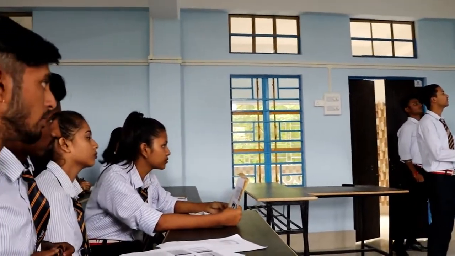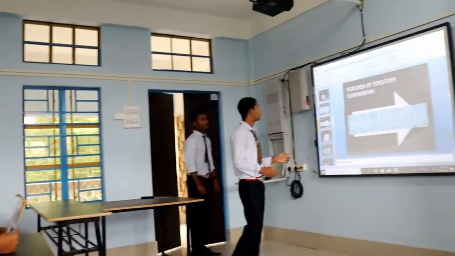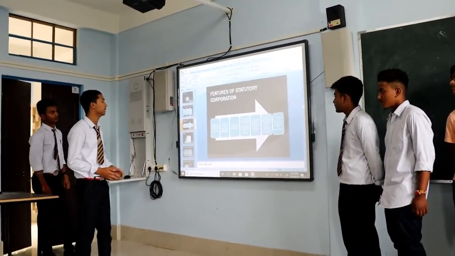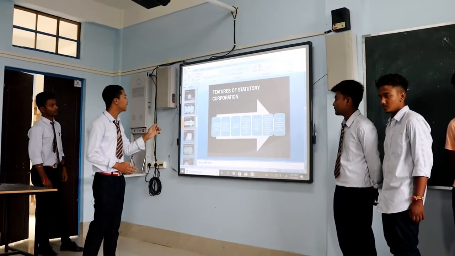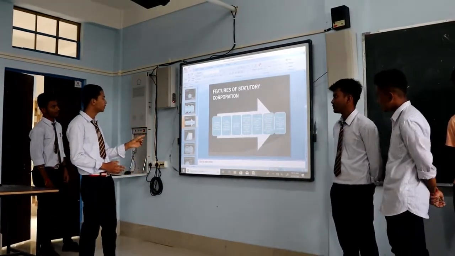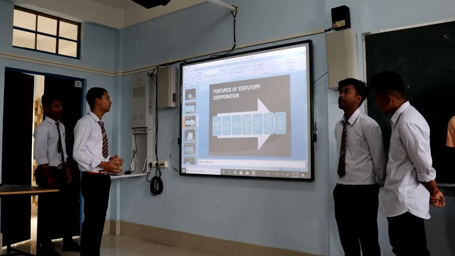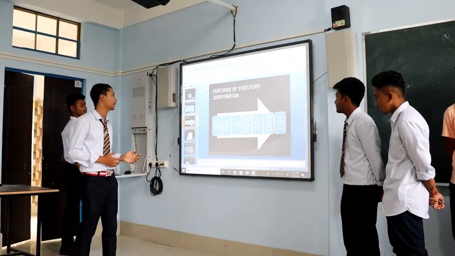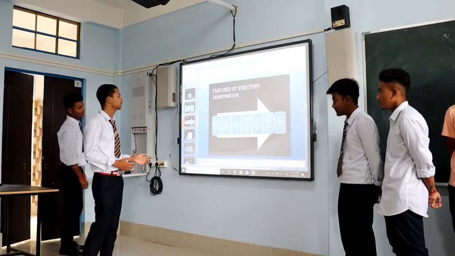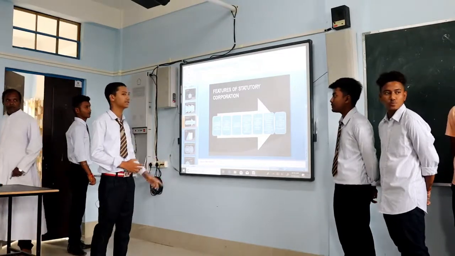So here are the features of statutory corporation. The first one is generally financed by the central or state government. Second one is may borrow funds from the public and government organizations. Third one is that they have a separate legal entity. Fourth one is that they frame their own policies and procedures within the scope of state legislature. Fifth one is providing better services to the public and making adequate profit. Sixth one is they can recruit and appoint their employees with their own service conditions since they are a corporate body. Seventh one is there is less government interference.